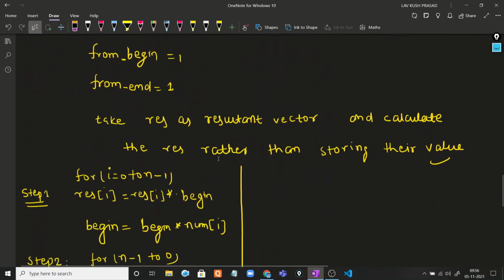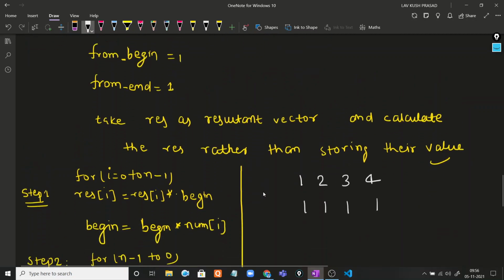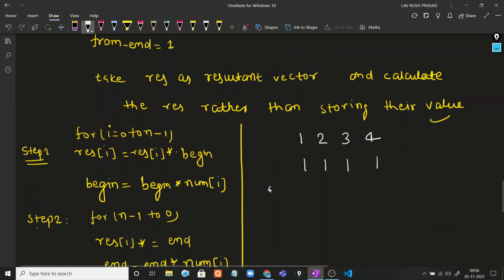Using this technique, if we have 1, 2, 3 and 4, we will take another output array, the resultant array, which is initialized with 1, and take a temporary variable named begin, initialized with 1.